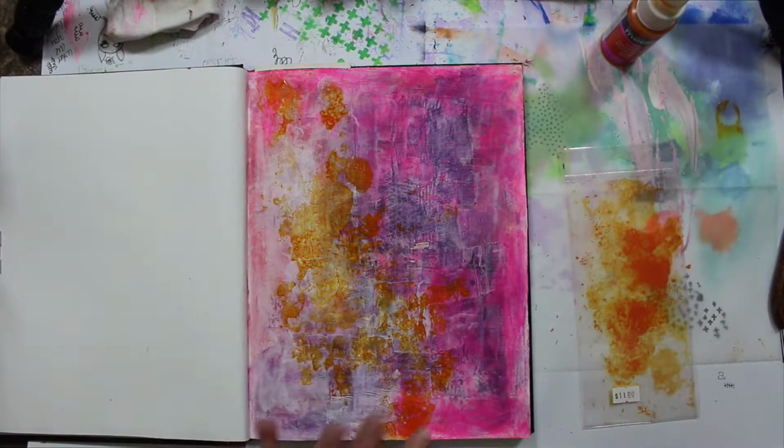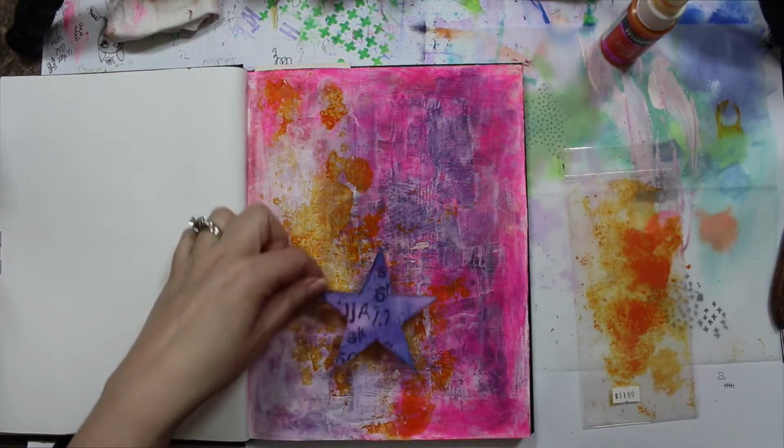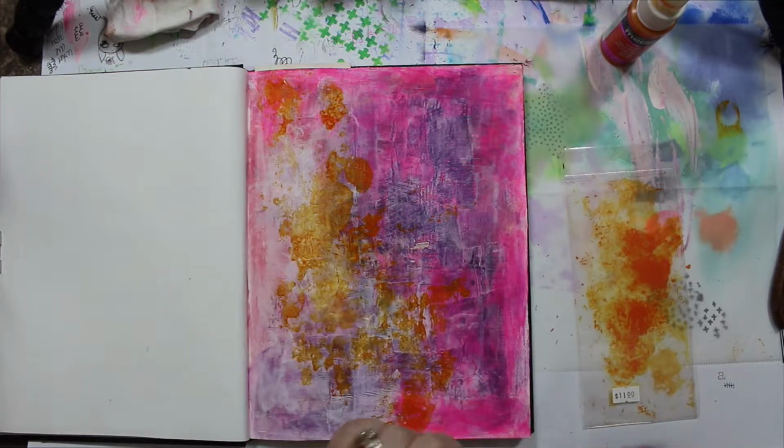because now I've got really good pink and orange back on here again, which is different than the blue and the purple. So,